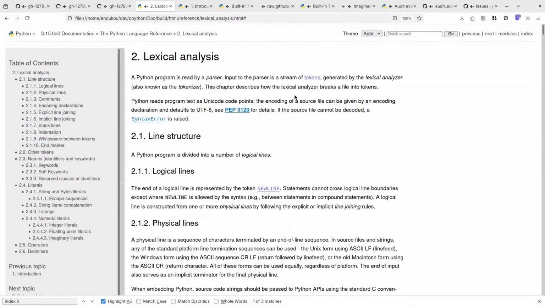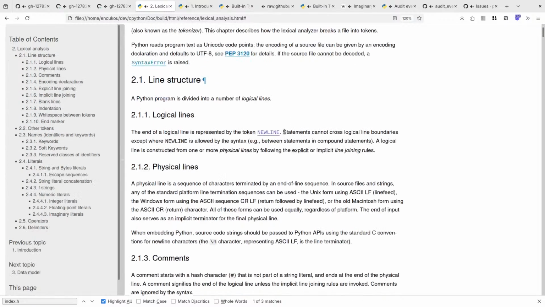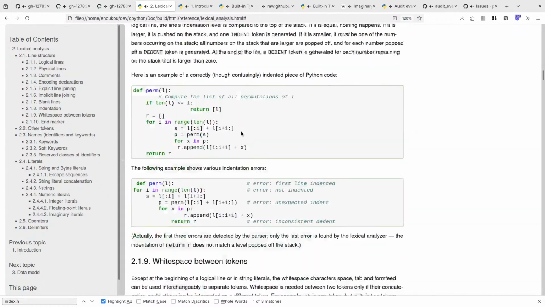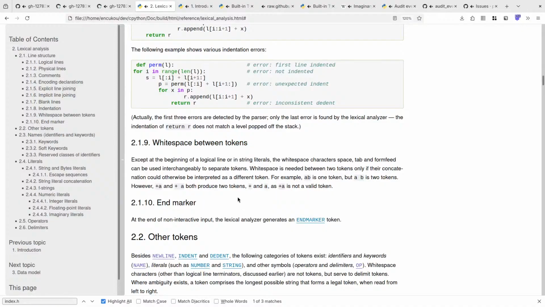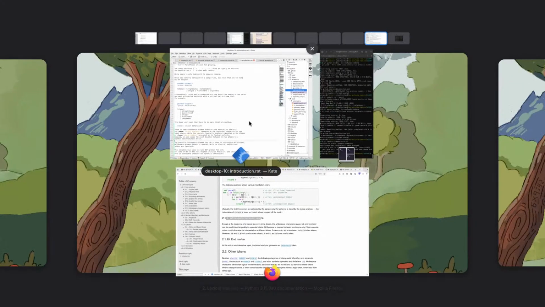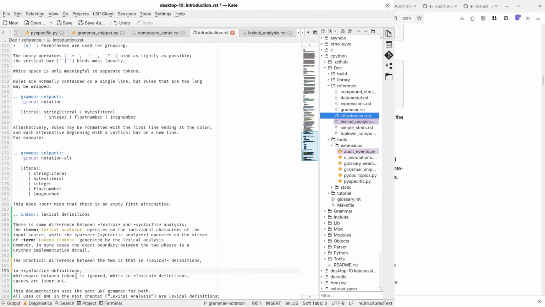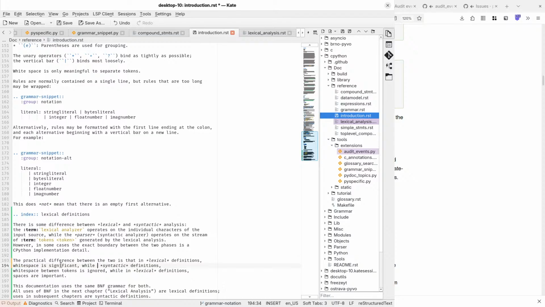Because this talks more about tokenizing. So maybe we can say white space between tokens. Oh, right here. Refer to this thing. Link to that. Yeah. Is that in lexical definitions, white space is significant, while syntactic definitions